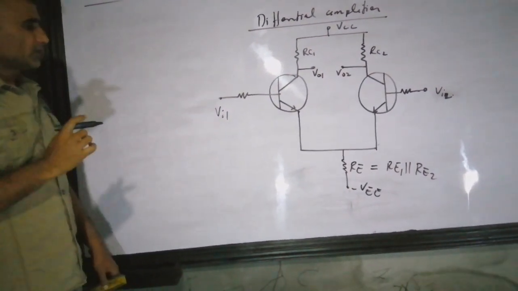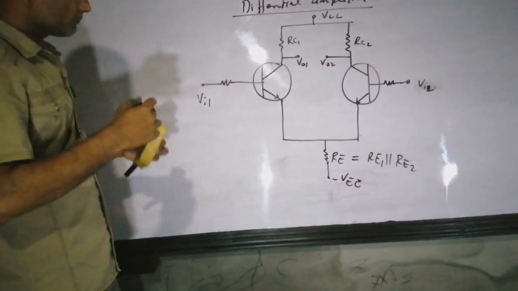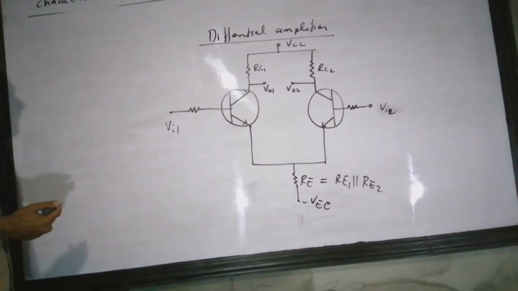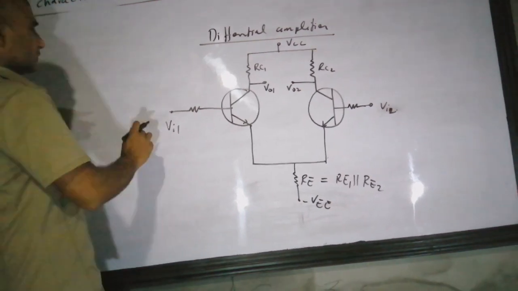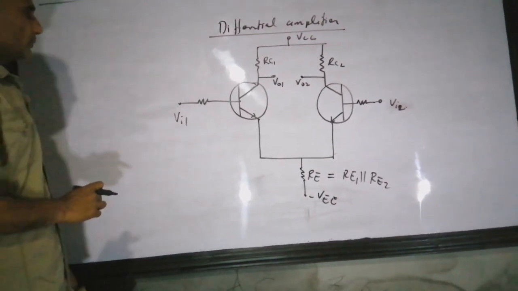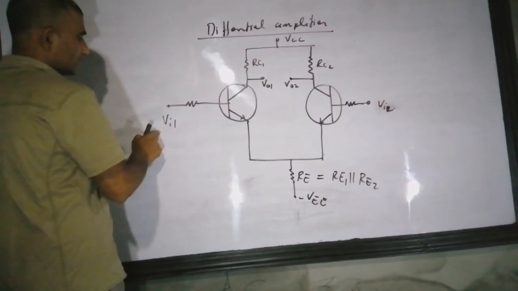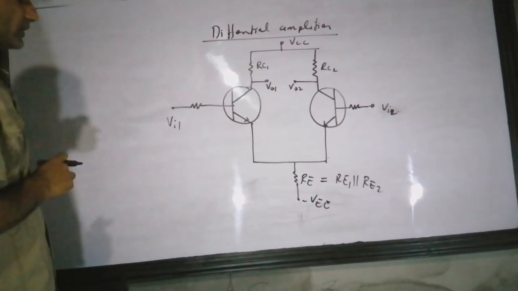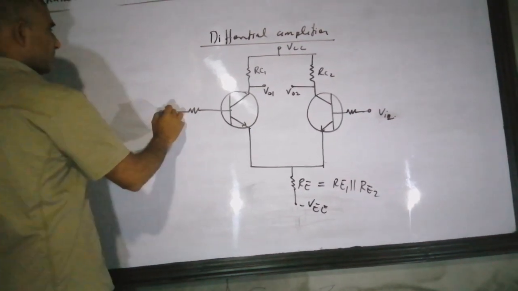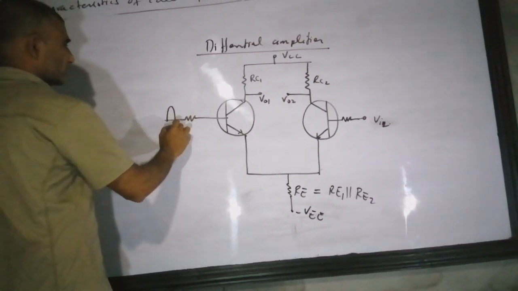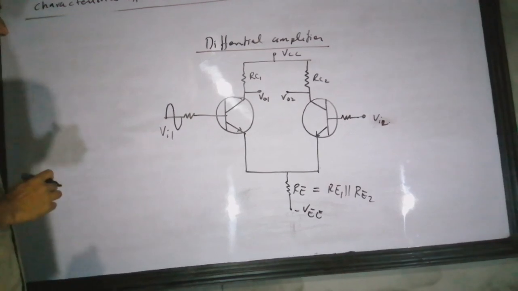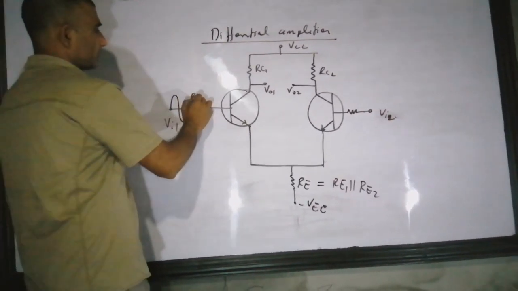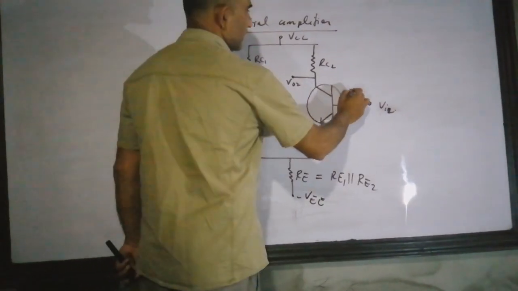If you understand how this works, then it will be much easier for you to understand the operational amplifier. Okay, so first, suppose I am applying a signal over input terminal Vin1. Let's see what happens inside this. I am supposing a sinusoidal signal like this. So you have to keep in mind